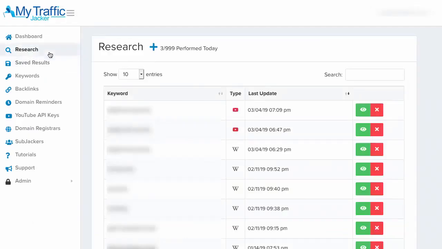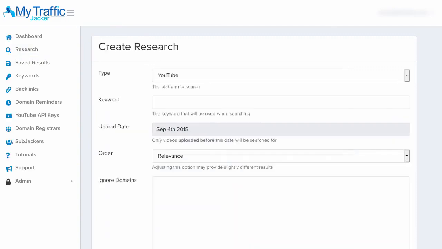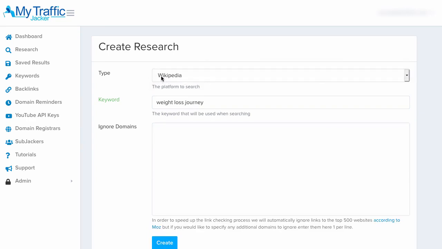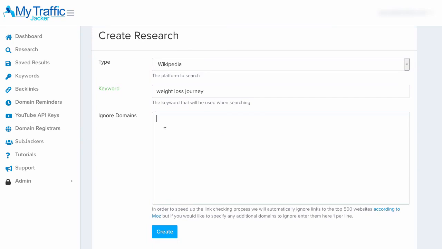So now we're inside of the research tab, and I'll show you how you can use the Wikipedia feature. So all you have to do is click this plus button here to add our keyword, and then type in weight loss journey. Now we could go back into our keywords research section to find additional keywords. Since I've shown you the results for weight loss journey in YouTube, I'm just going to explore what it's like in Wikipedia. So I'm going to click this Wikipedia section,